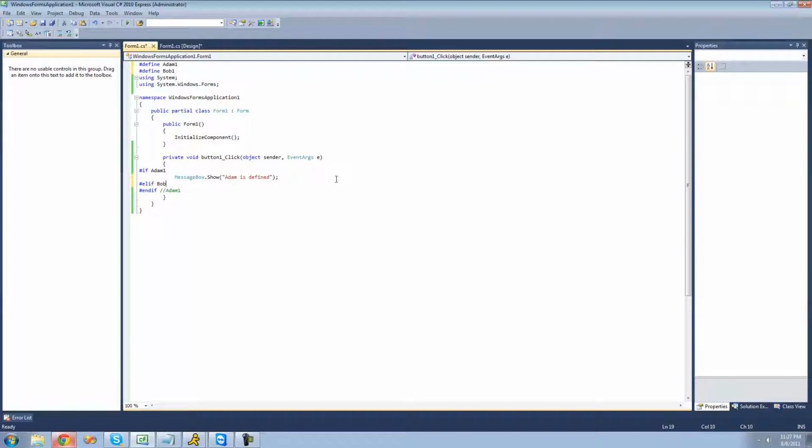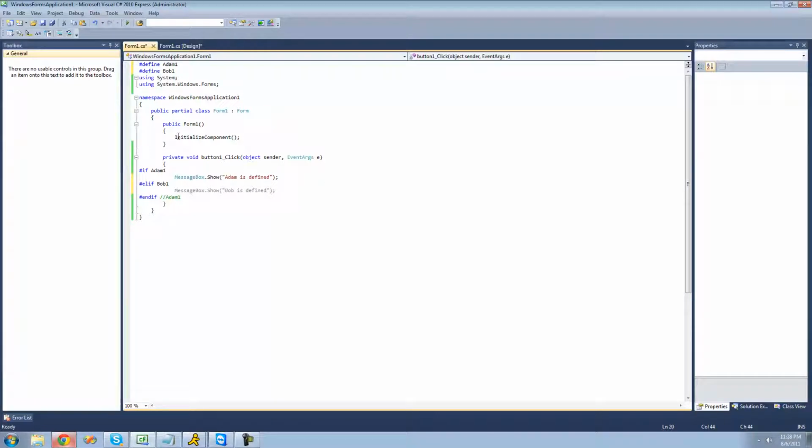Then if Bob1 is defined, then we're just going to have a message box show saying Bob is defined. But since this is else, it'll never get to it, since once the first one is true, it'll just end it, because that's the same with all else if statements. So once the first one is true, it'll just stop going there and won't get to the second one. So we'll just say Bob is defined, but